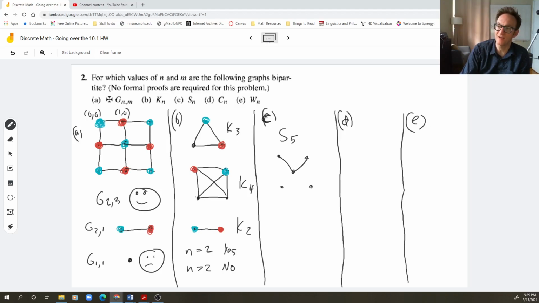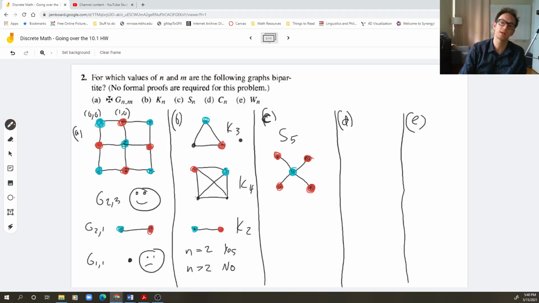the so-called star graph. It's the graph where there's one vertex which is connected to every other vertex, and there are no other edges whatsoever. That would be an example of S5. And so, what's the conclusion? Is this bipartite? Yes. In fact, every single star graph is bipartite because you just let the vertex in the center of the star be one color, and then you can color all the vertices with the other color. All right, D,